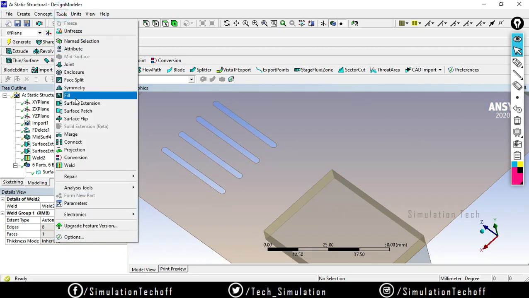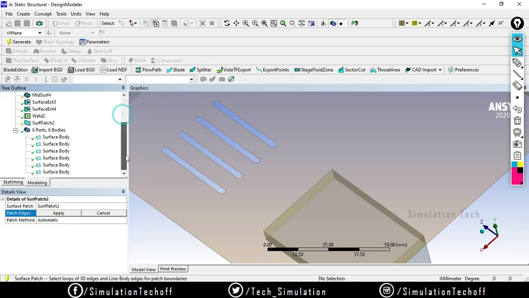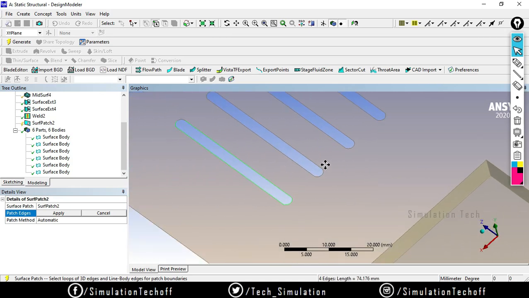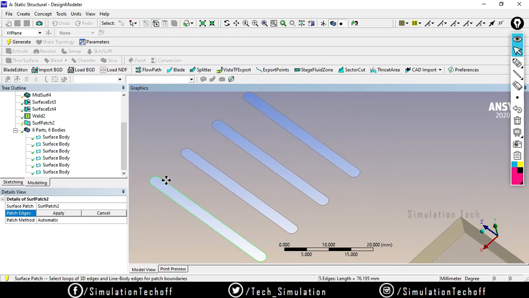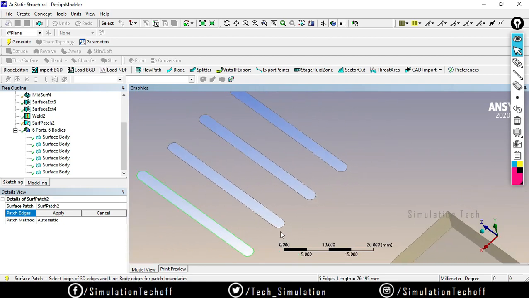So go to tools, you will have an option called surface patch. Select it and select the edges. Either you can select each and every edge by a single click, or else the easiest method is just left click and drag your cursor over the holes.